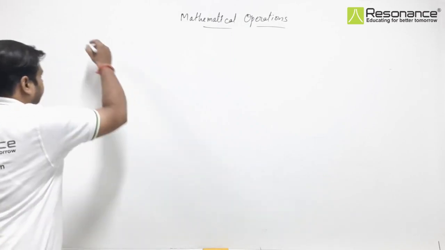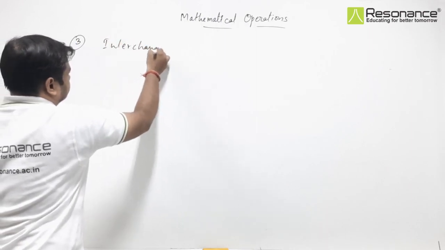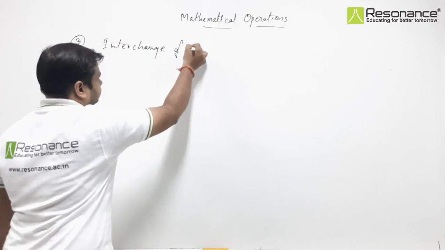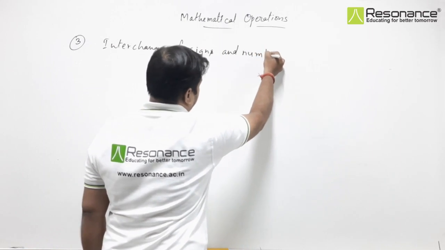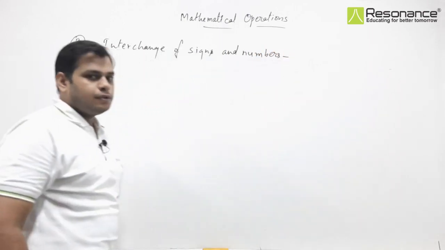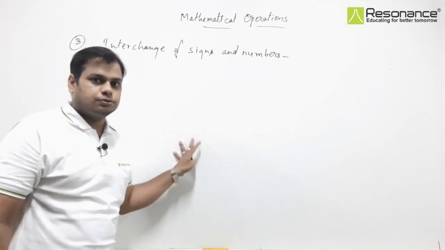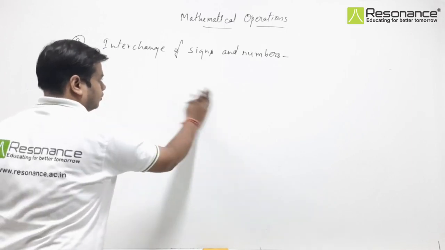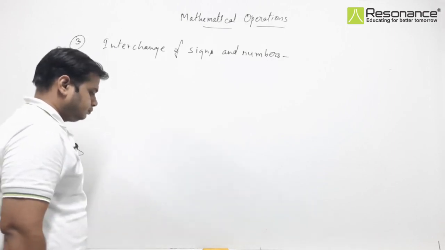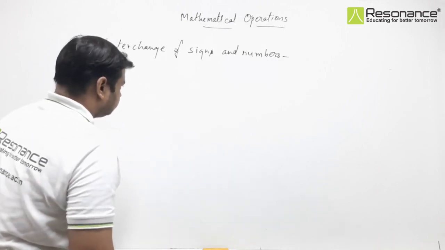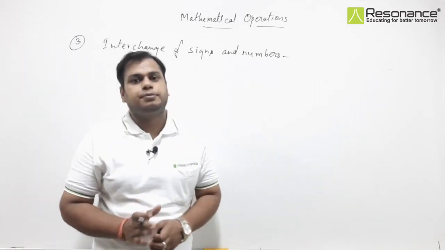Now, the third topic we have is interchange of signs and numbers. Interchange of signs and numbers, that is how can we interchange signs and numbers both. In interchange of signs and numbers, what we have is a complete mathematical equation, but